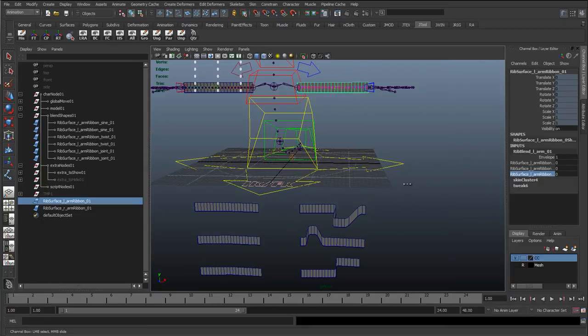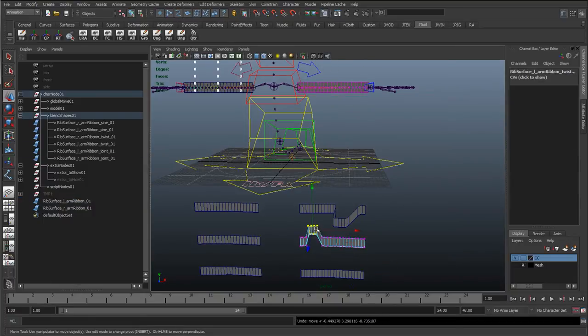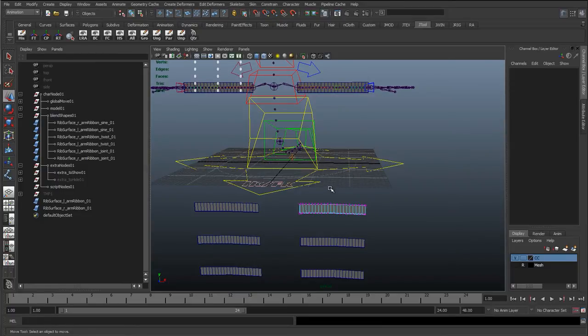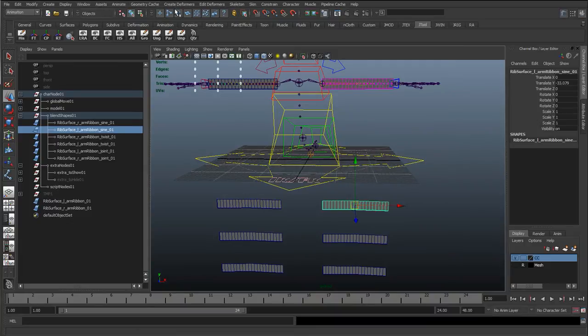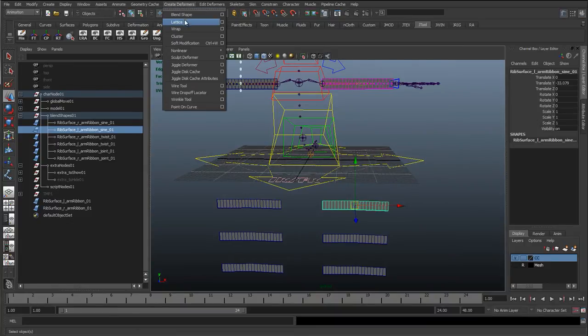And the beauty of this is we can actually do all 3. So that way it's going to just add all the values together. So I'm just going to undo that before we move them about. Okay, so now what we can do, go to object mode, and with this selected I'm just going to go to create deformers,